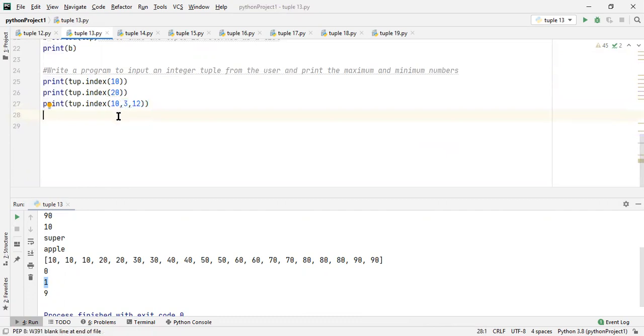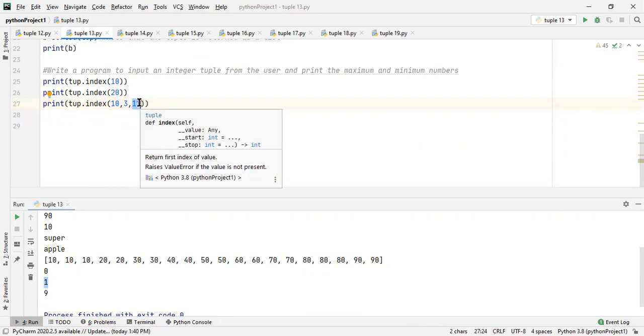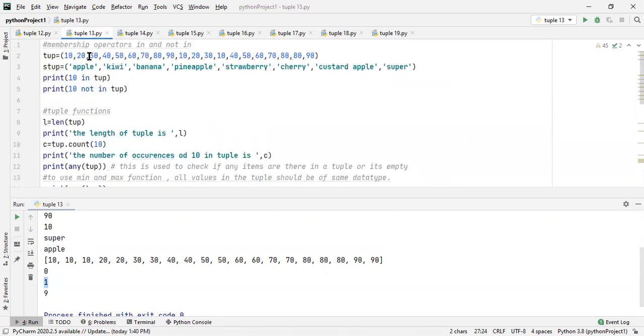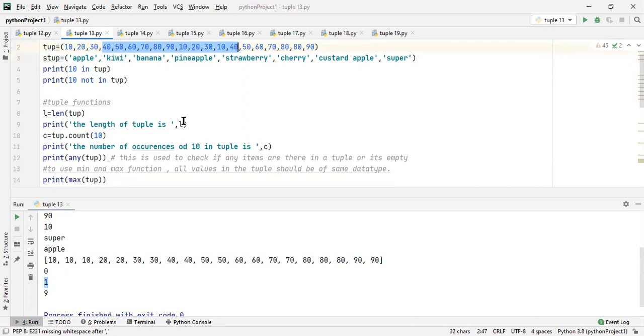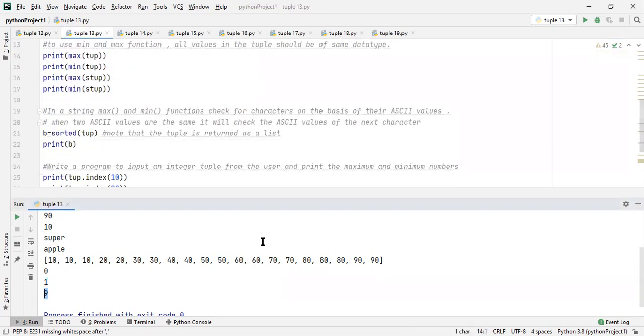Here we have start and end, which are two optional parameters. Start and end means basically find the value 10 starting from the third index up till the 12th index. That means do not bother if the number 10 is in index number 0, 1 or 2. We only bother from 3 to 12. And so when I forced it to overlook 0, 1, 2, from 3 it is going to check up till 12. It found the first occurrence over here on the number 9. And so I got the answer 9 over here.